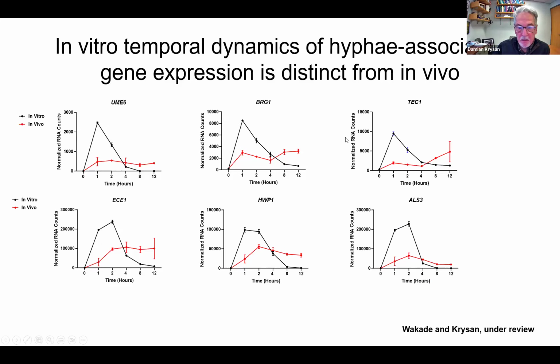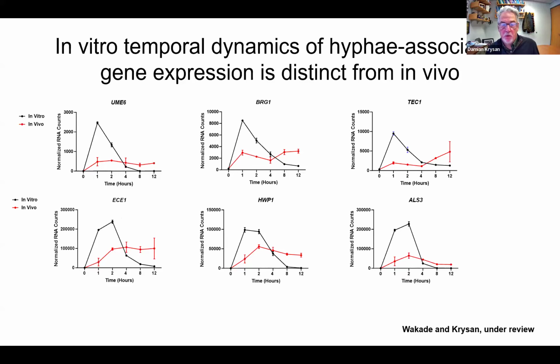But there's a big peak in vitro, and then there's this fall off. Whereas in vivo, we see a relatively slow increase in expression, but it maintains for these transcription factors, UME6, BRG1, TEC1, and for the hypha-associated downstream targets, things like ECE1, HWP1, ALS3, we see a plateau that is basically maintained